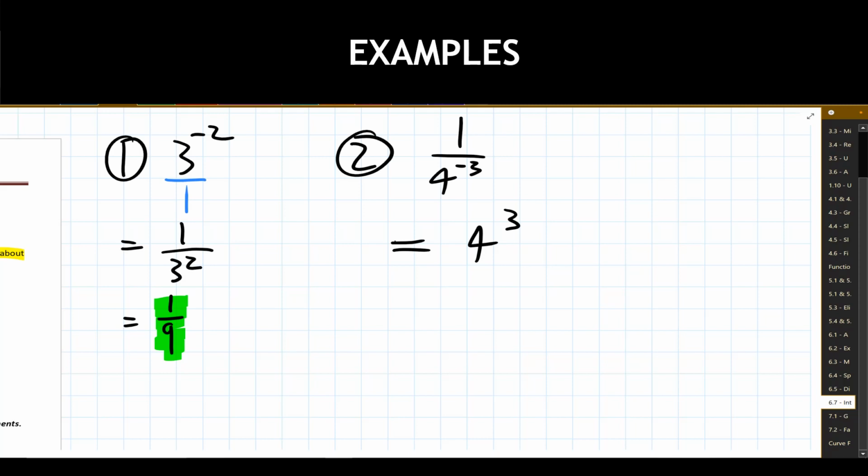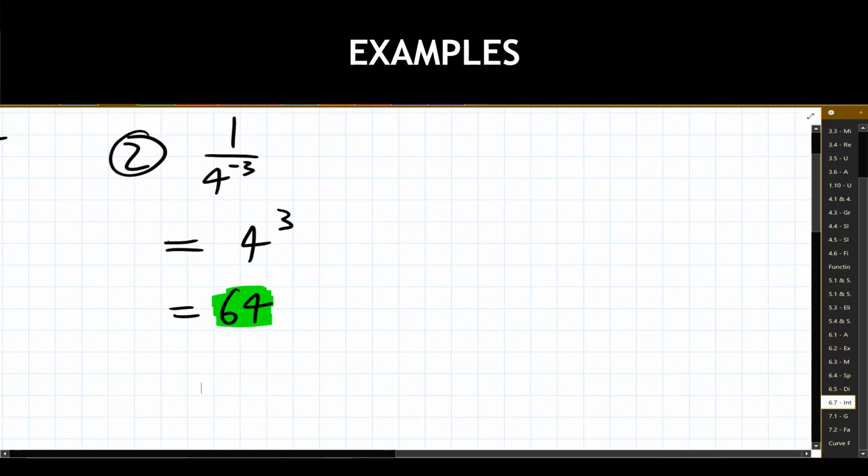And now from here, 4 to the third power, we can use a calculator if necessary to find out what that value is. And 4 to the third power is going to equal 64. Get to our final answer there. When we get to actually number crunching these things, if you have some number raised to a larger power, go ahead and use a calculator for it. That's perfectly fine to number crunch the final answer there.